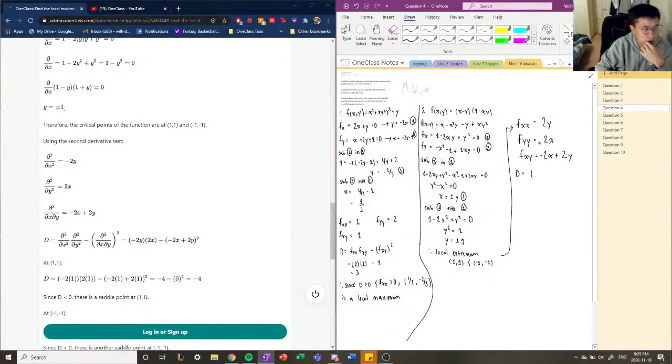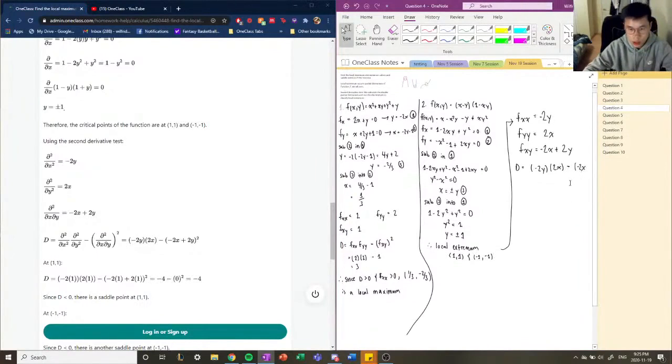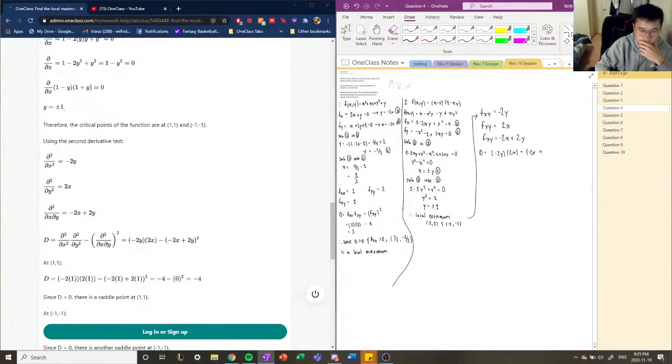It should be negative 2y times 2x minus negative 2x plus 2y squared. So that equals negative 4xy minus, let's expand this out, 4x squared